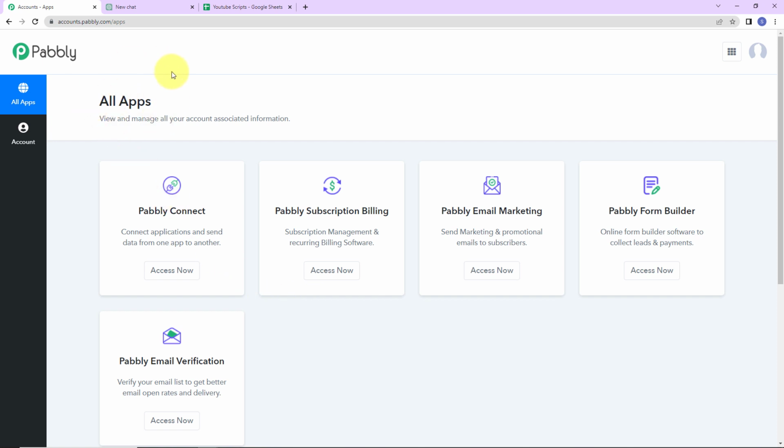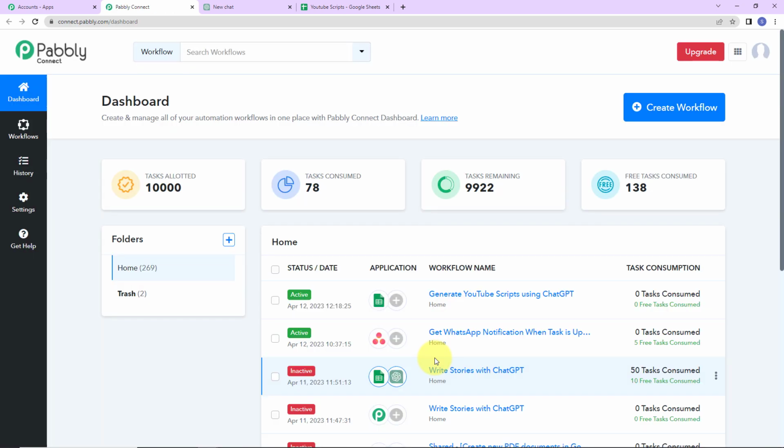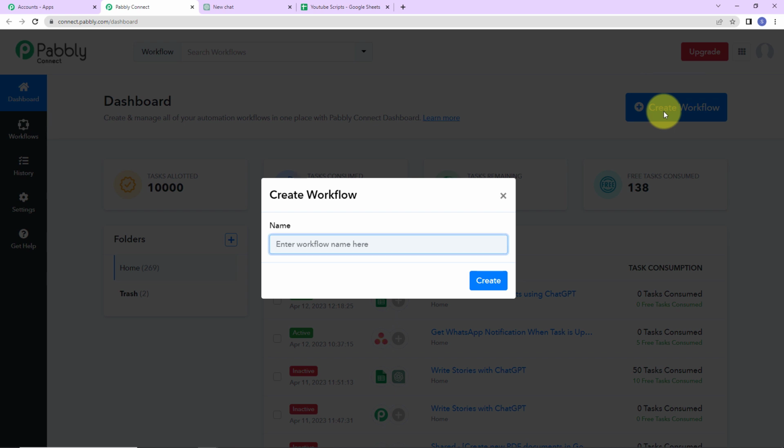So now here we have reached the all applications page. I'm going to click on access now for Pabbly Connect, as we are doing this integration using Pabbly Connect software. You can see here we have reached a dashboard. On the right hand side, there is a blue tab, create workflow. I'm going to click on this, and as I do that, a dialog box has appeared which is asking us